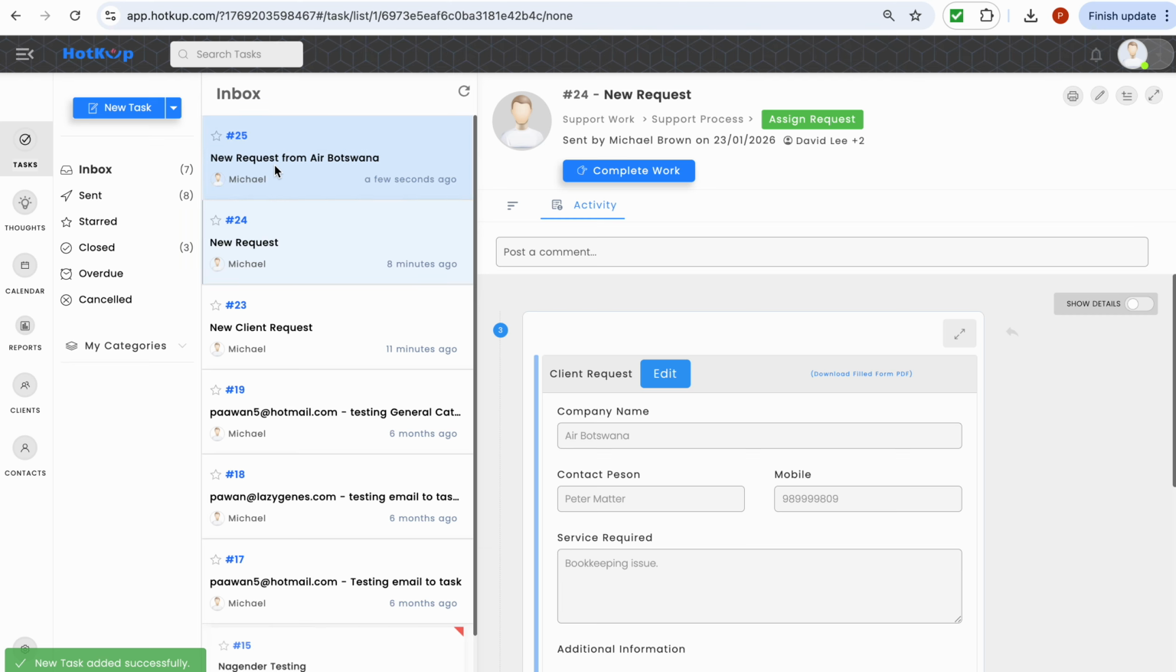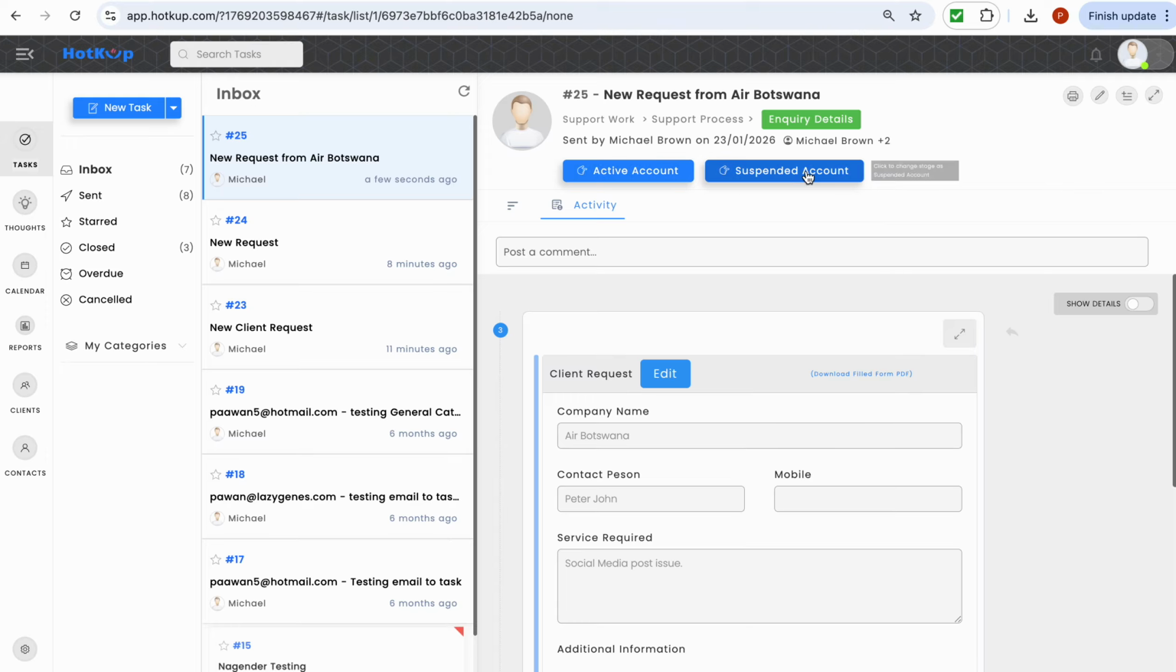And you see that new 125 has come in. And then you have whether it's an active account or a suspended account, and you can click on this if it's suspended and the process stops here. So that's your basic way to create your workflow processes, adding forms to a specific stage, escalations, and